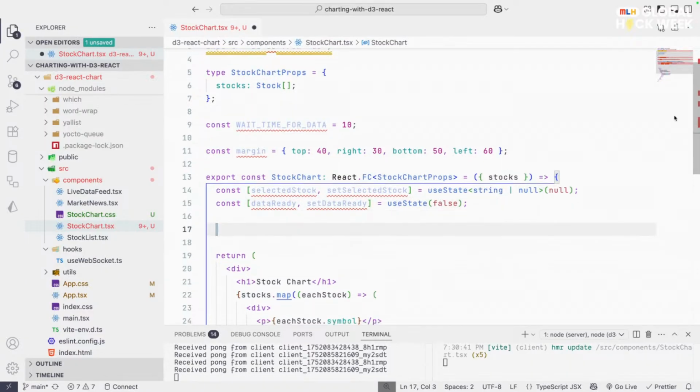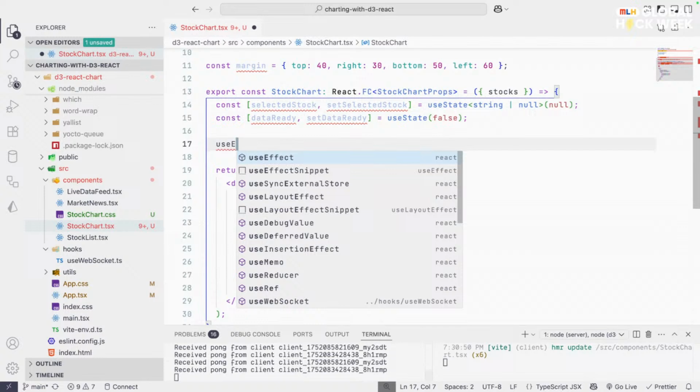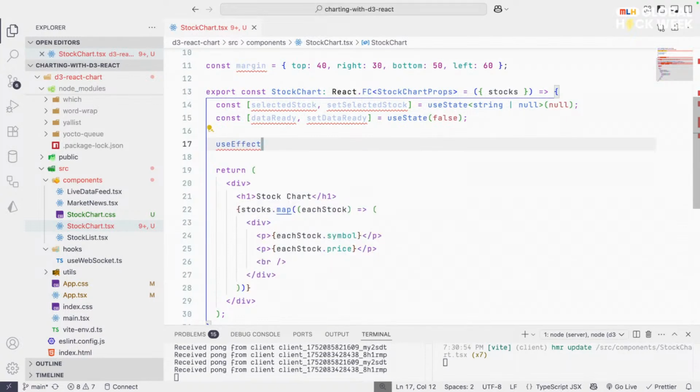use useEffect. If you don't know what a useEffect is, an effect is like a side effect. A side effect is something which runs after the component has mounted. Think of mounting, I'm not saying that it works this way, but think of mounting as something that is ready on your screen. You remember the example of collecting all the sand in a bucket, in a box, whatever you say. That is